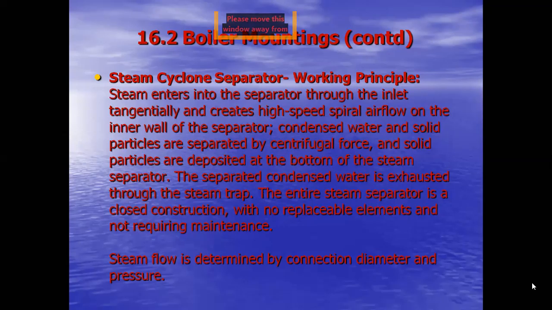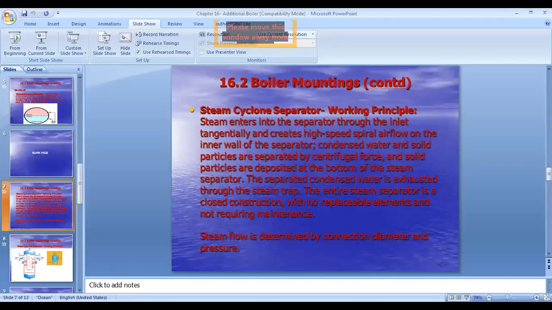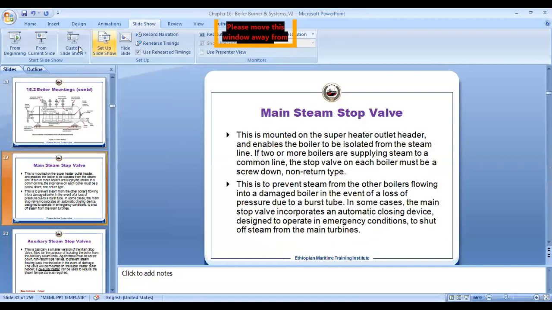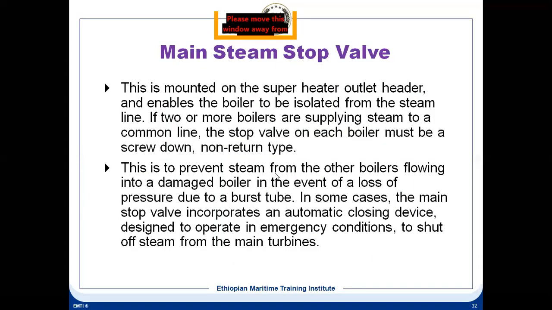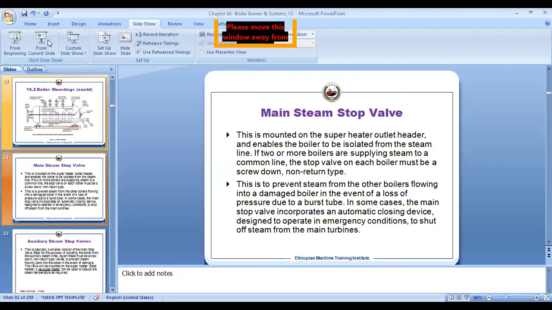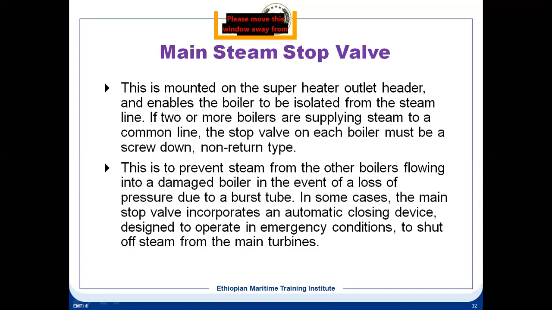And the amount of steam which you want to pass through the steam separator is determined obviously by the diameter of the piping, inlet and outlet piping, and the pressure. Okay, let's go back to our original slide. Okay, you have the main steam stop valve. This is mounted on the superheater outlet header. This is basically, he's talking about